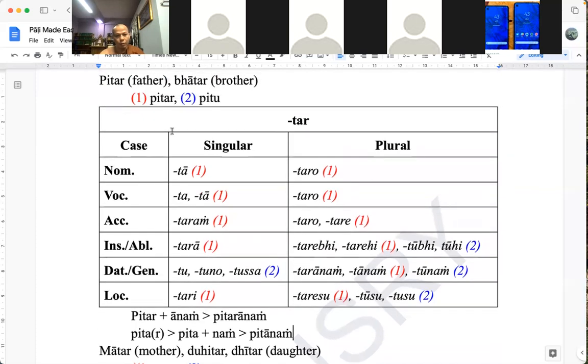From this time beta, ra is dropped. So the first one is with the ra, beta ra nan. The second one is without ra. So both of them are from the past time in this way. So beta ra nan, beta nan. And then bitu nan. Okay, originally bitu nan. But the other form,